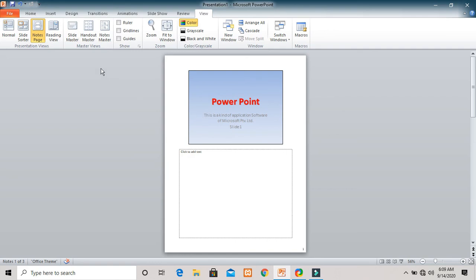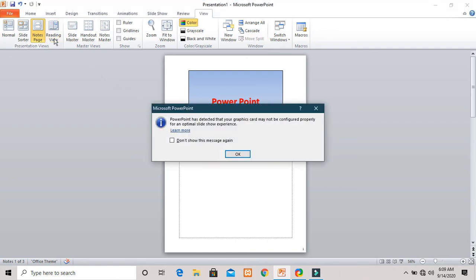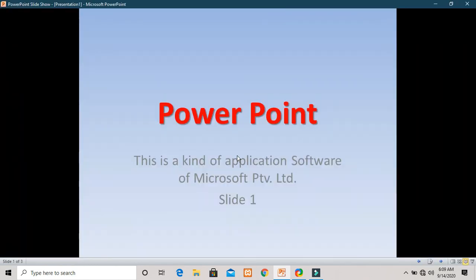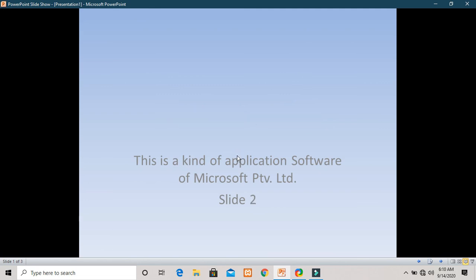Next is Reading view. Reading view just shows you the information in the form of a presentation. The Reading view comes with basic controls to navigate through the presentation, such as previous and next buttons.